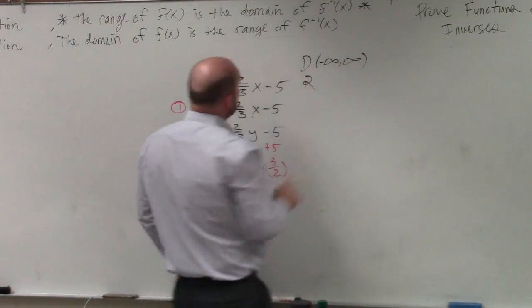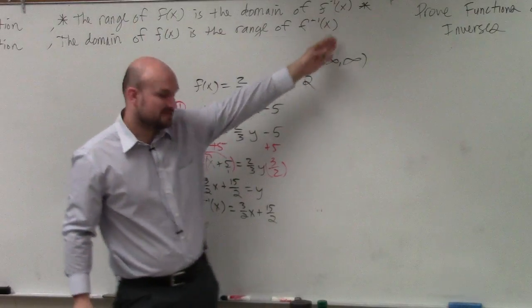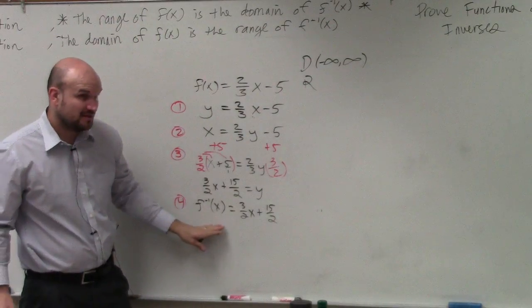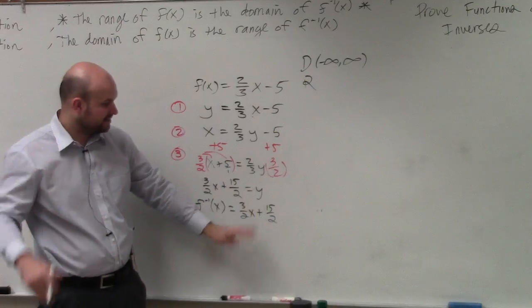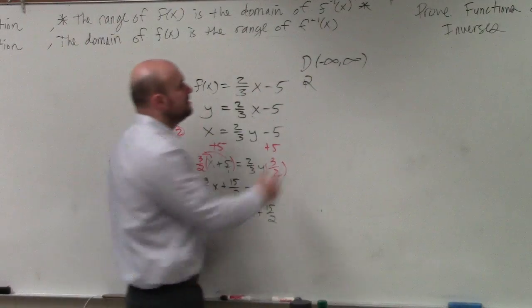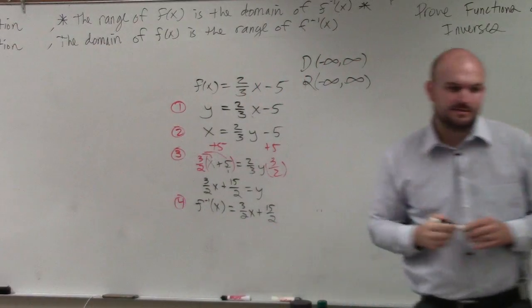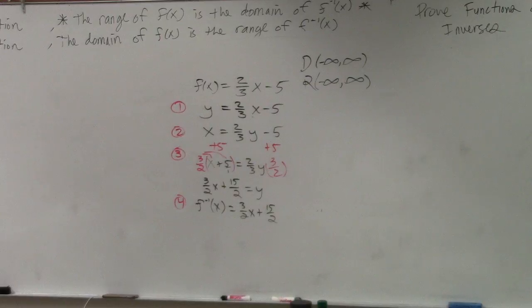Let's look at the range. Again, to find the range is the domain of f inverse. So we go to f inverse. Let's find the domain. We know how to do that algebraically. Can we divide by 0? No. Can we take the square root of a negative number? No. So the range is also all real numbers. All right? Now, what I'm going to do is I'm going to graph both of these so we can verify